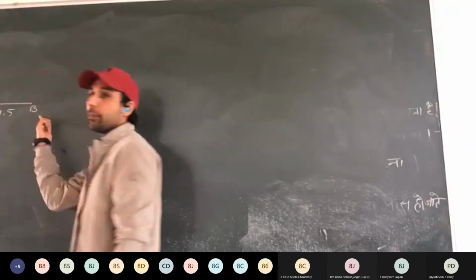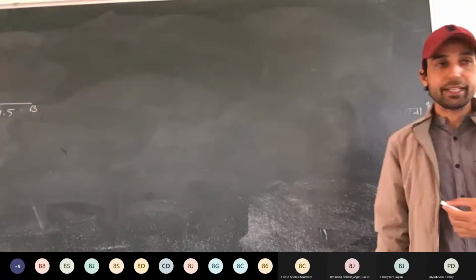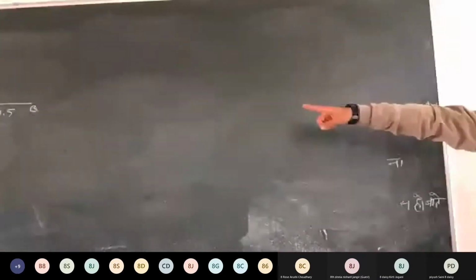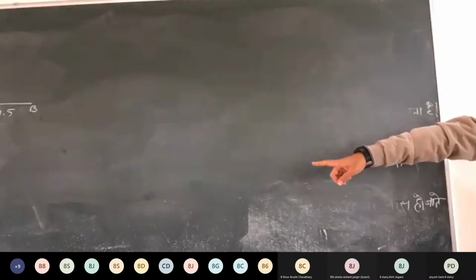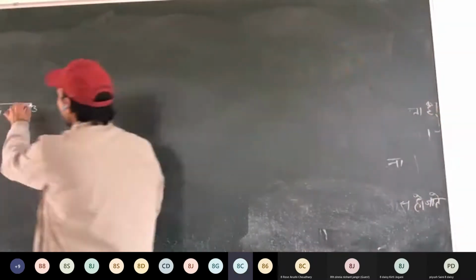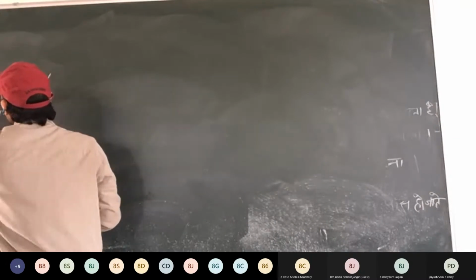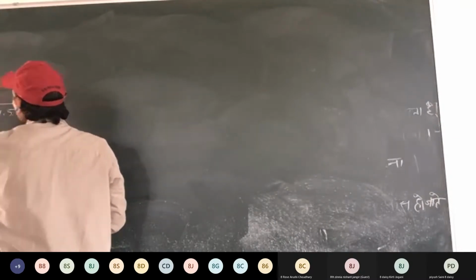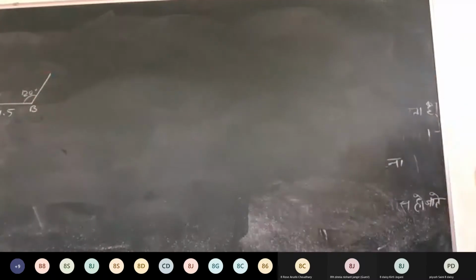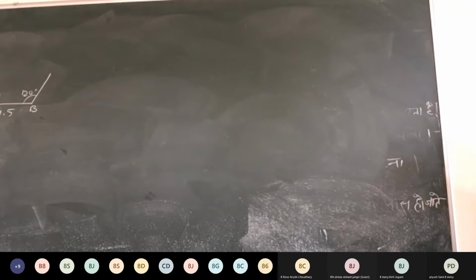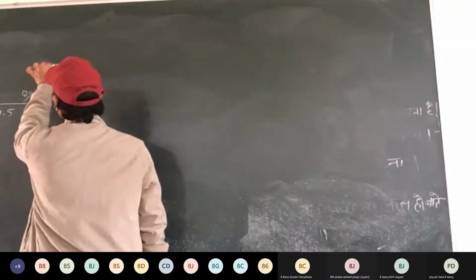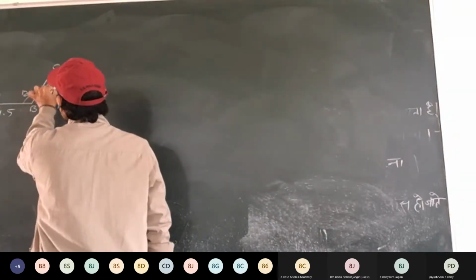Now see here, at A and B we are having angles. Angle A is 60 degrees. At B we are having an angle of 120 degrees. So we have to draw a 120 degree angle here, and a 60 degree angle here. Now BC is how much? 3.8 centimeters. So here will be our C, the right side point.